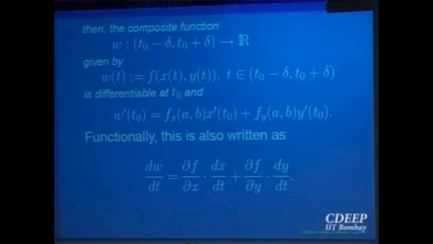How does one prove such things? If you recall, for chain rules in one variable also we went by approximations, right? The same idea works here. So let us look at a proof. I think we'll look at the proof next day.